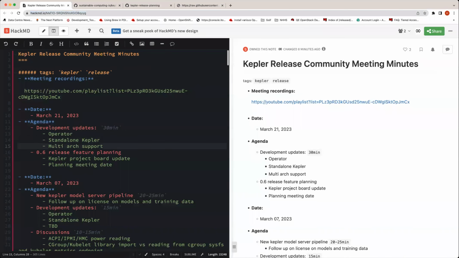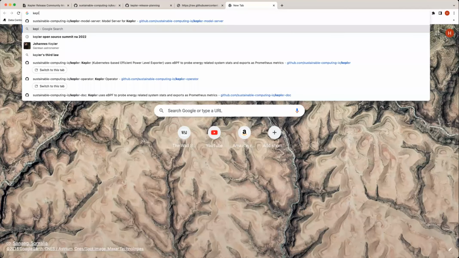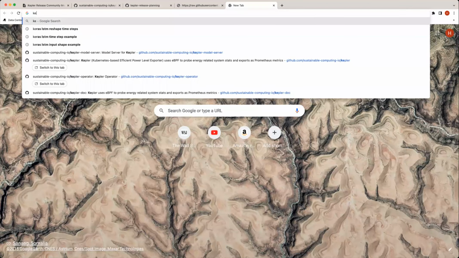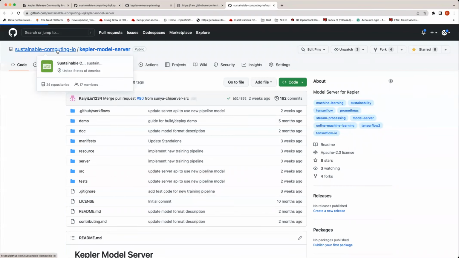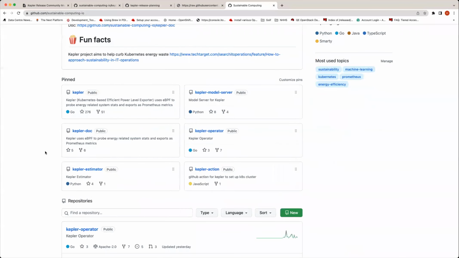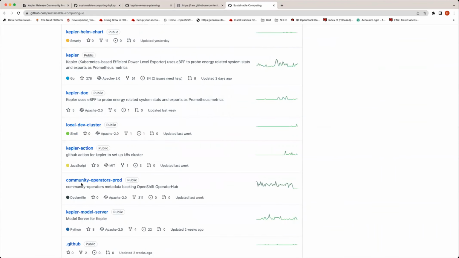All right. So from outside, the Kepler developments, we have two releases. One is the operator. I'm just opening up the Kepler repo. So the Kepler community operator is already posted on Operator Hub. So if you look at the PR here,